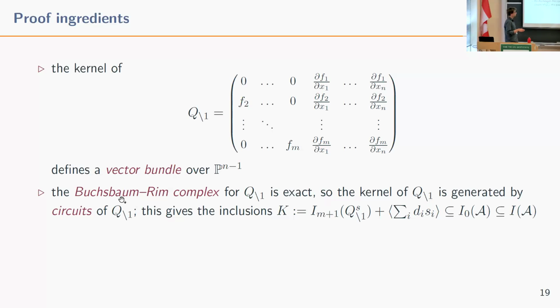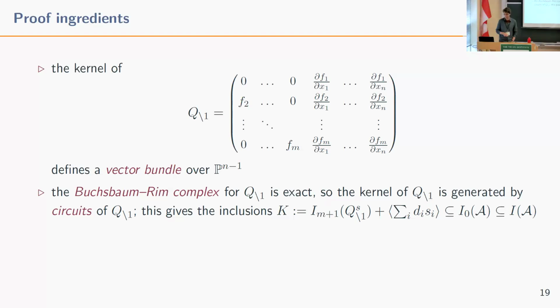And this gives you an inclusion of ideals. So here, this is now the ideal generated by the maximal minors of the matrix together with the linear form. It's included in the pre-likelihood ideal. And this is, on the other hand, included in the likelihood ideal. And then